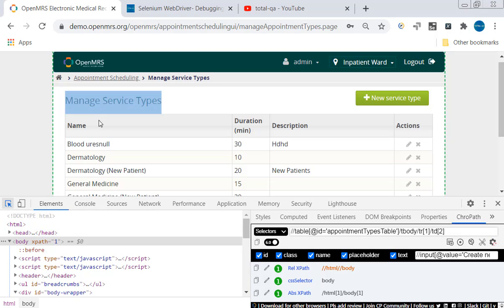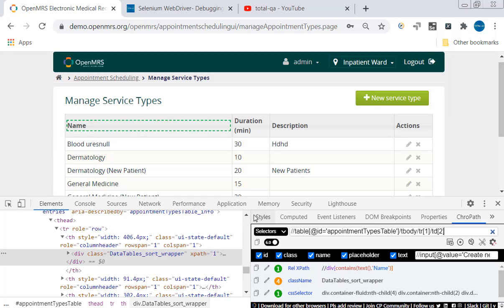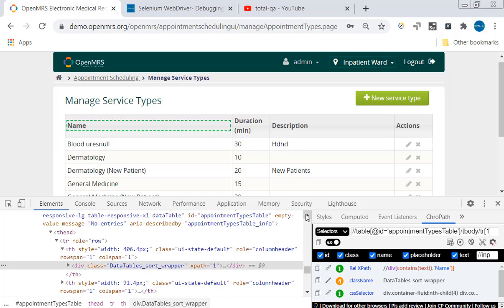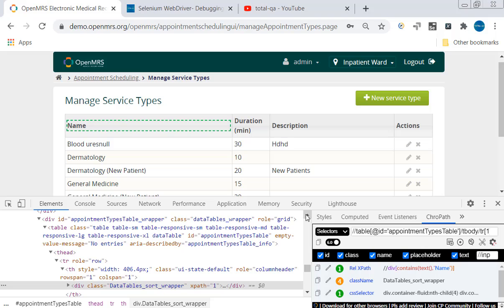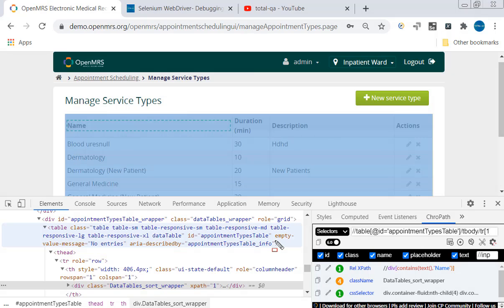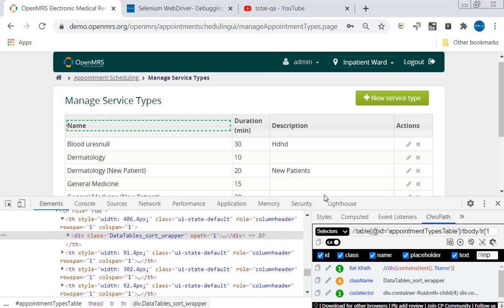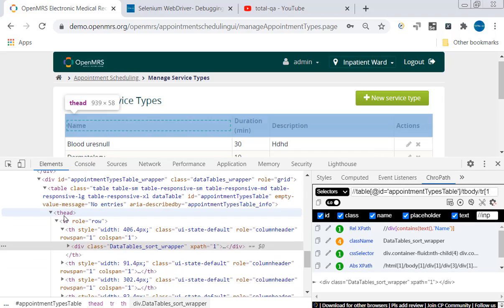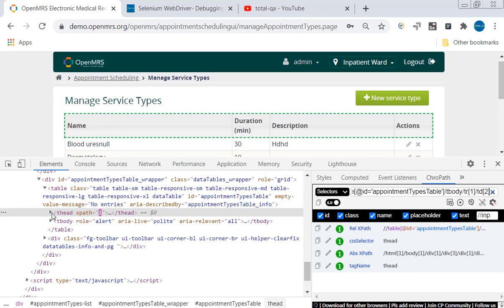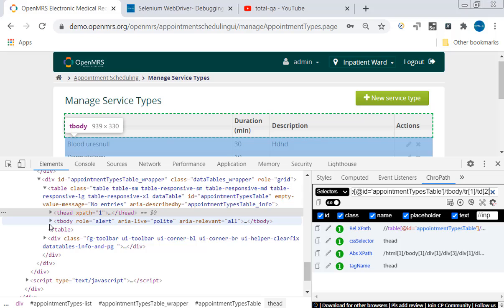It has the property ID equal to appointment types table, and it has a table head and a table body.